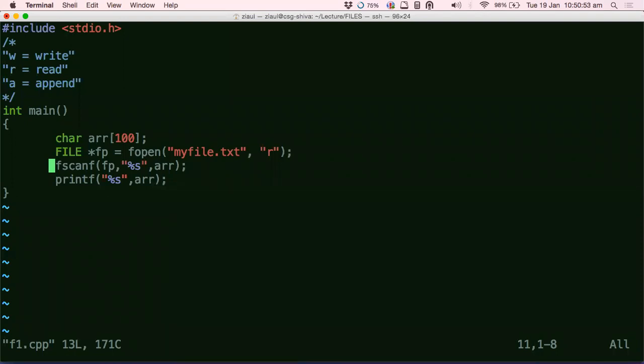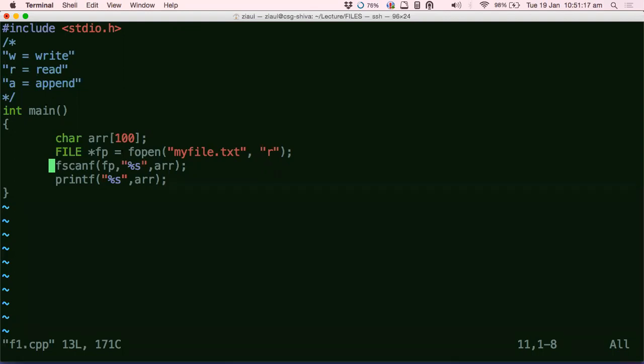and if you think, how would scanf have behaved if I had entered the same data through the keyboard? Scanf would have skipped the space, right, and just printed whatever was there before the space. Similar behavior with the file also. It's just that input is not coming from the keyboard, it's coming from the file. That's the only difference. Apart from that, the way it behaves with the input is the same. It's not going to change.